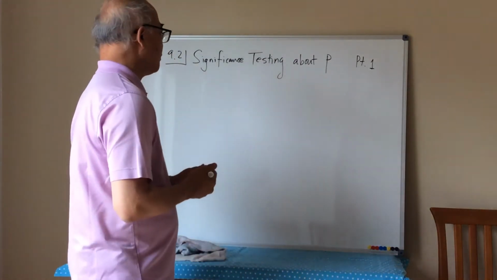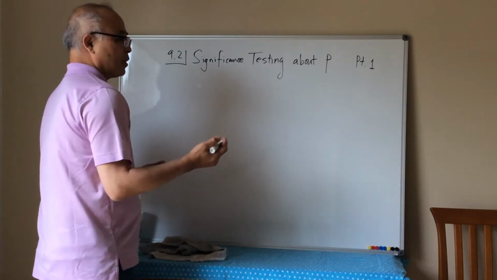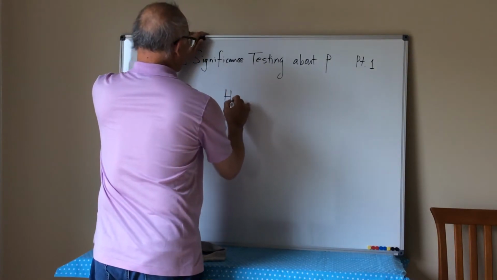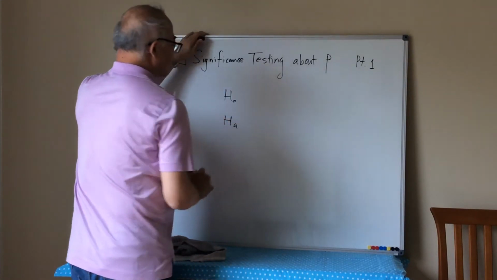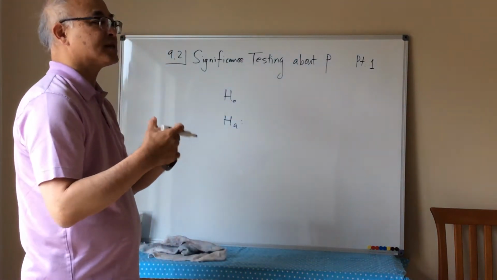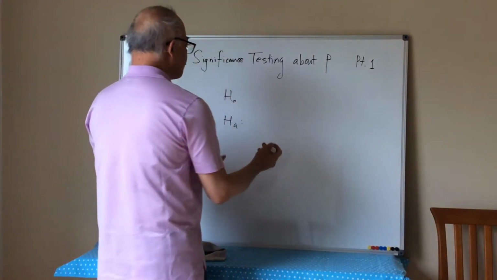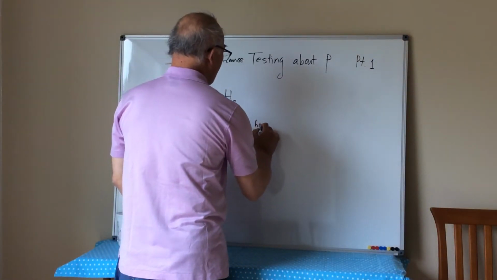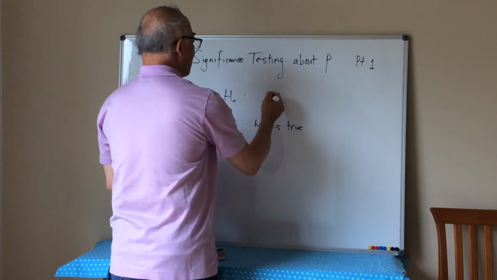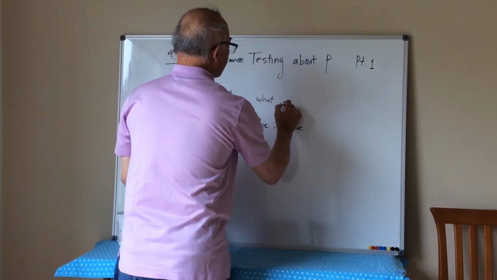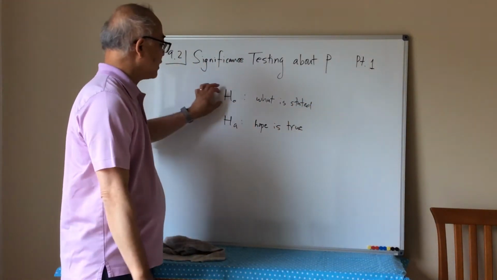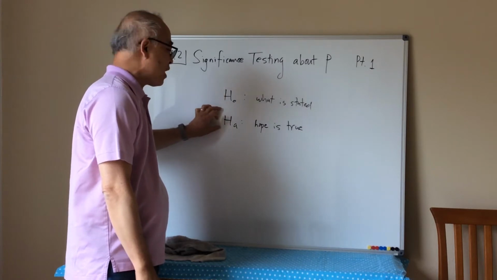The most important thing about 9.1, so what was it? We talked about a null hypothesis and an alternative hypothesis, right? The alternative hypothesis is actually what we suspect is going on, what we would like to prove, what we hope is true. Ho is the opposite of that, or what is stated, right? Okay, so we are going to try to disprove the Ho